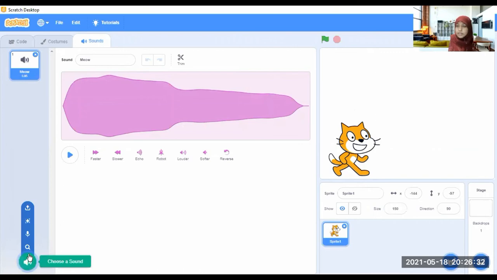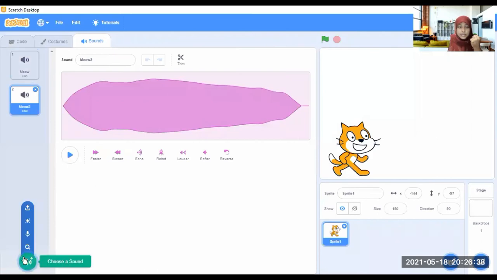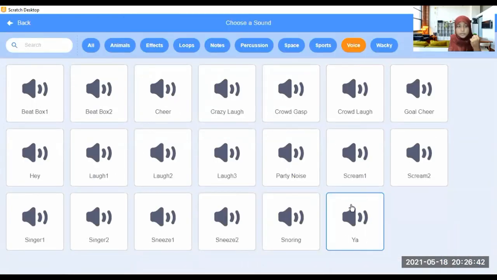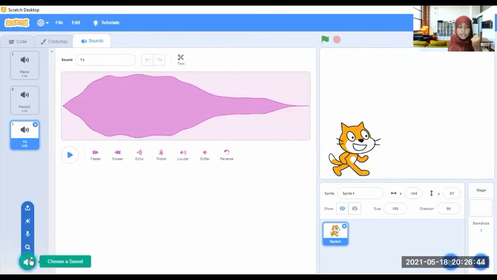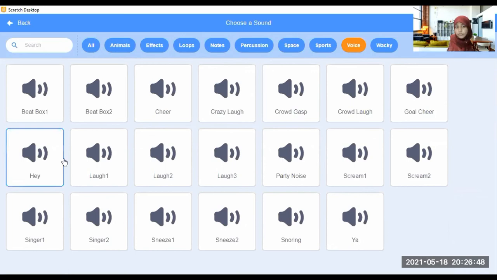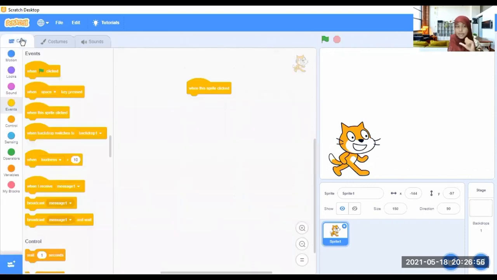We will add other sounds also. I am selecting this sound, and also this sound. So there are 4 sounds, right?